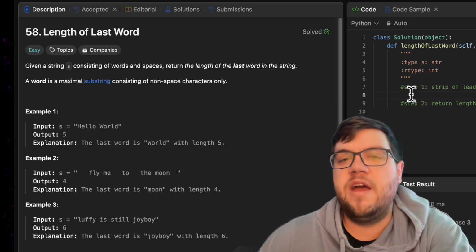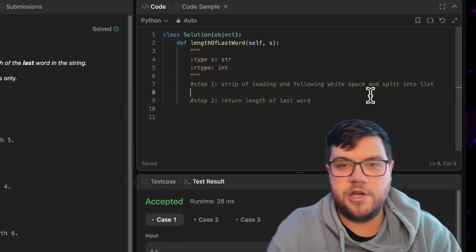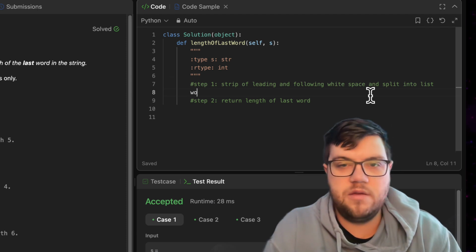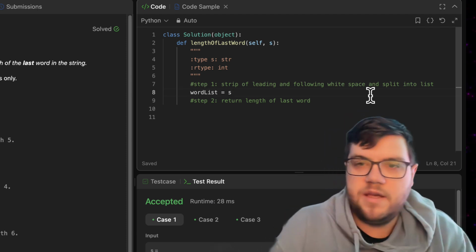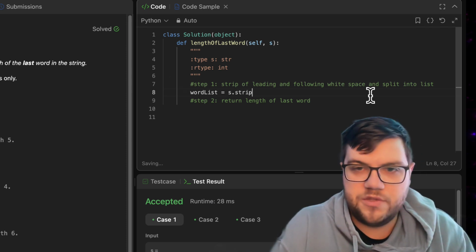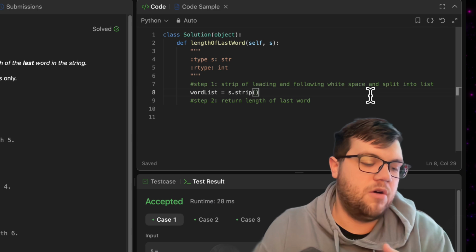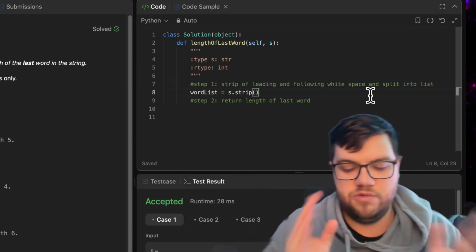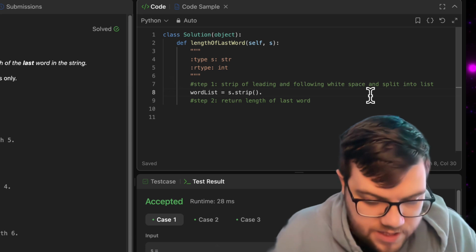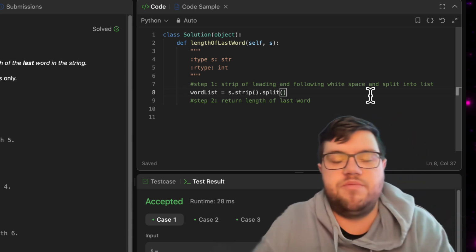So basically I have it broken down to 2 steps. It's not a crazy hard problem, but what we're going to do is make our word list equals, and then take the string and do dot strip. What this does is take off all of the leading and ending spaces and get rid of them, so it leaves us with just the stuff that we need. And then we're going to take that into a dot split, and that's going to split it up by word